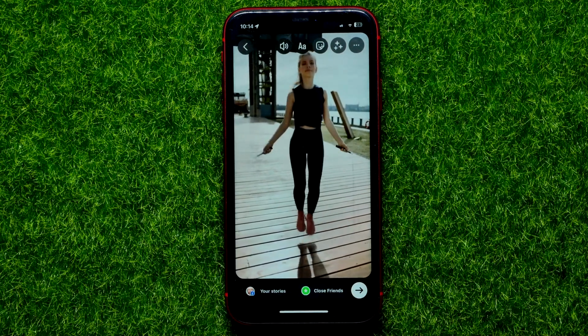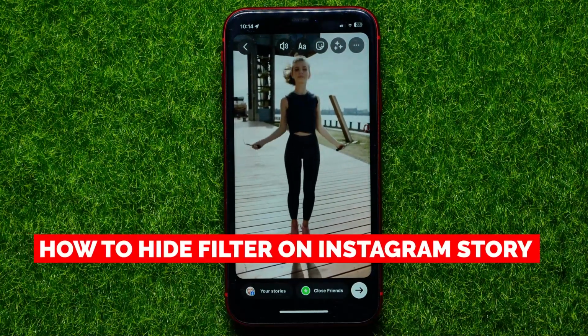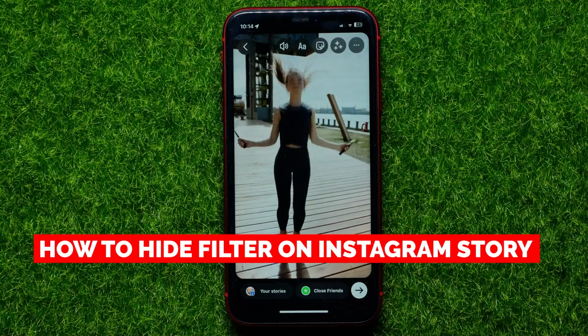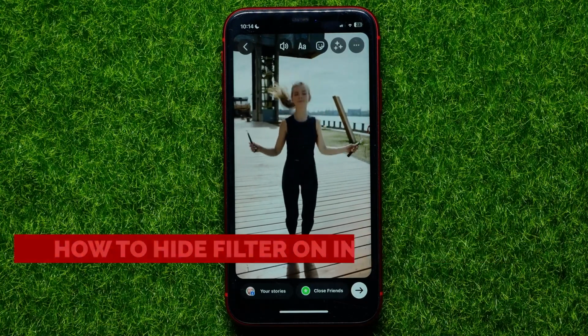Hello guys, welcome back. In this video I'm going to show you how you can easily hide a filter on